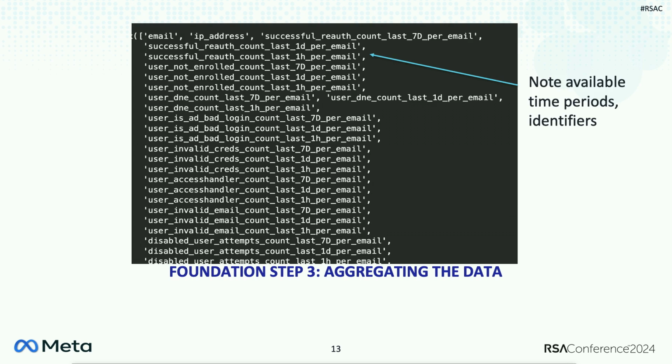And then the final time period that you choose will be directly related to how often you intend for this detection to run. So if you are intending this to run in real time, you'll want to go down to that roughly 1 hour granularity. If not, if you're running this once a day in an asynchronous sort of environment, you can go down to that 1 day granularity and save yourself some of the feature aggregation and compute time there.